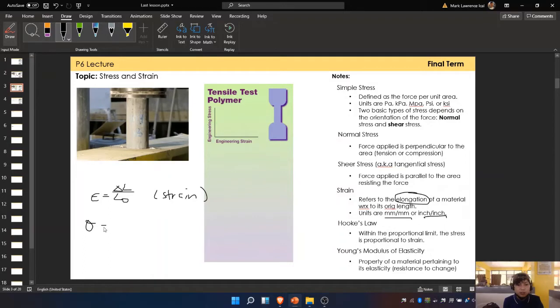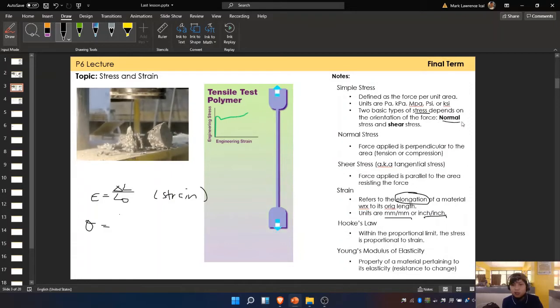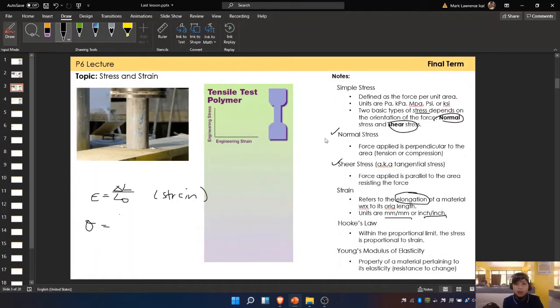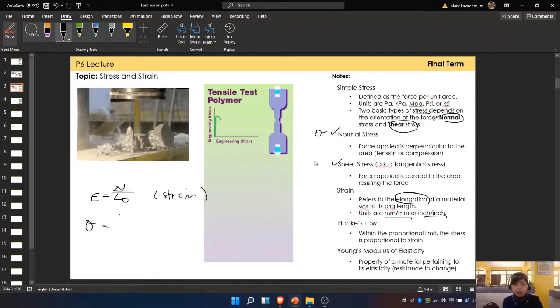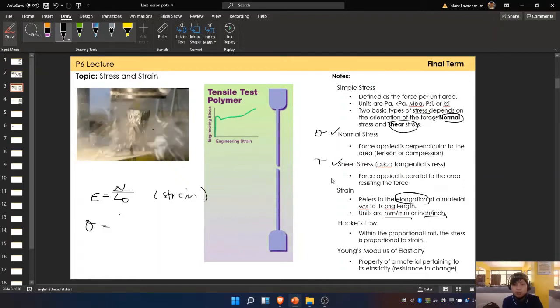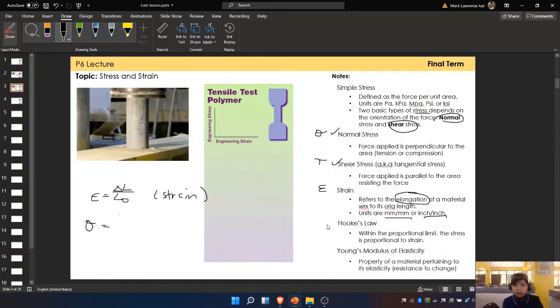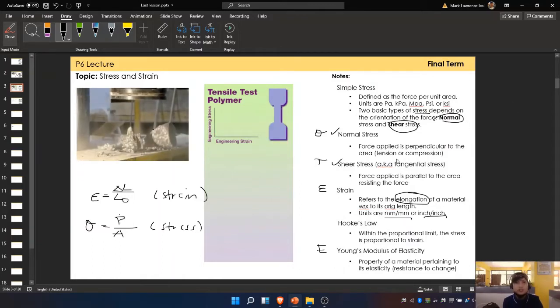Okay, so just a review. Stress is defined as a normal or shear stress. Ibig sabihin, ang formula ng normal stress at shear stress ay pareho lang. However, the symbol is different. Sa normal stress, we signify this one, yung sigma. And then for shear stress, we use tau. Sa strain, we use letter E. For Young's modulus naman, letter E. Later we'll discuss. So stress, again, it's force per unit area. Stress can either be a normal stress or shear stress.